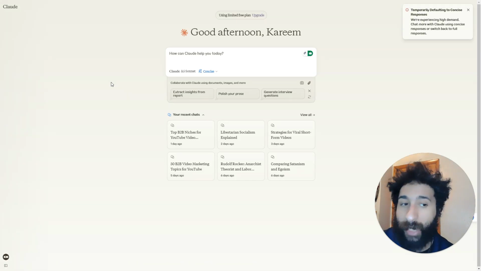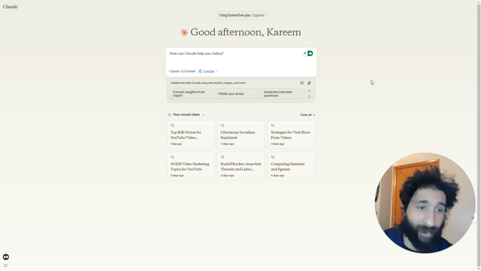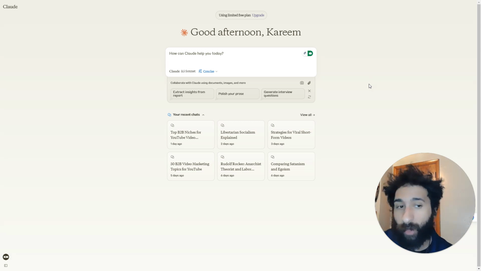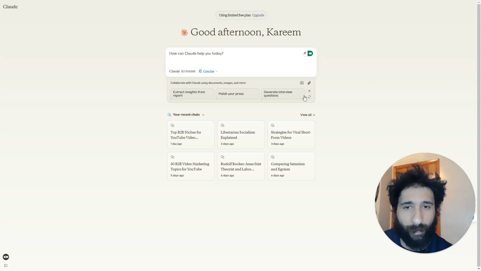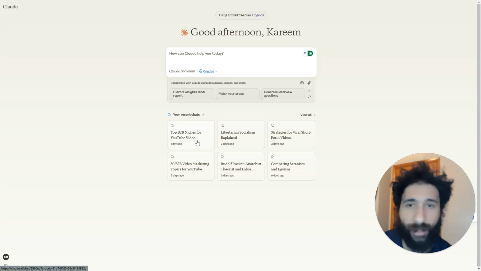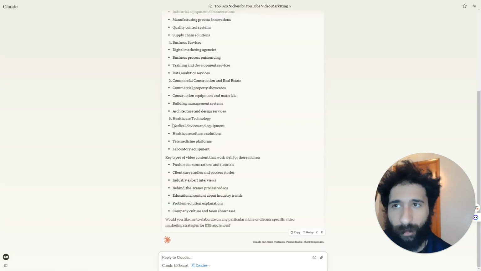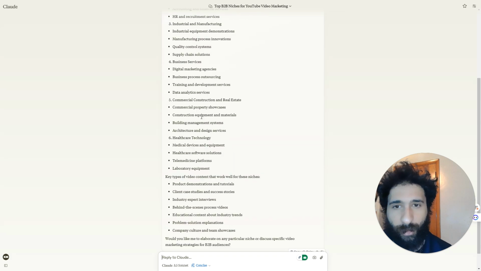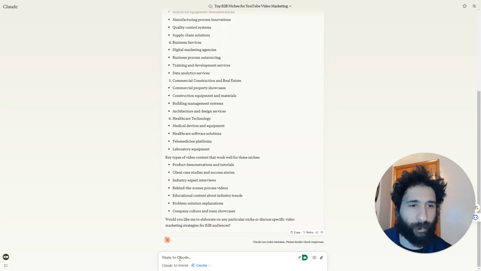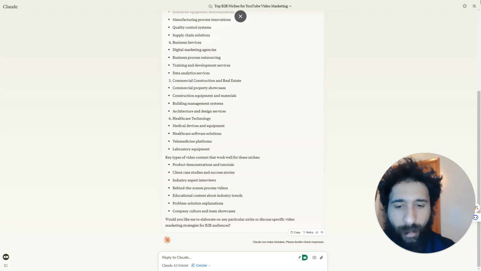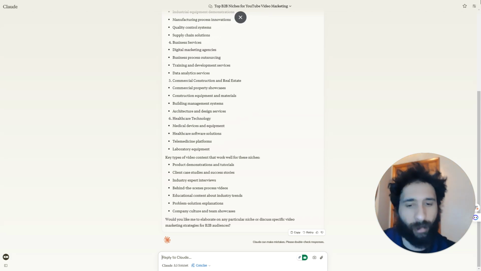Now a lot of people are using ChatGPT. I wanted to show you an alternative that I think is better for getting more concise answers and is also good for getting really precise writing. ChatGPT definitely has some advantages where you can paste in things, but I think this is really good for writing. I'm going to show you one of my prompts, which is I asked it for the top B and B niches for YouTube video marketing, because that is what I'll be doing to resurrect my channel. But let's look and see how we could use this to build a YouTube channel.